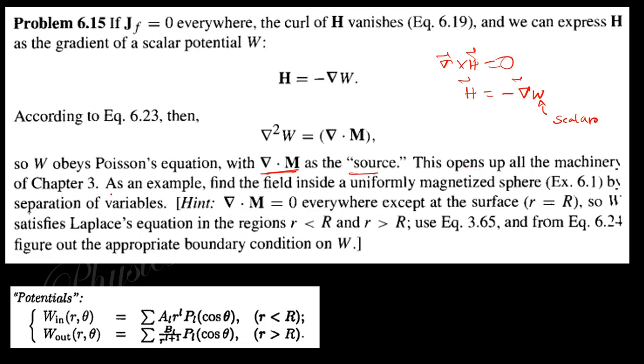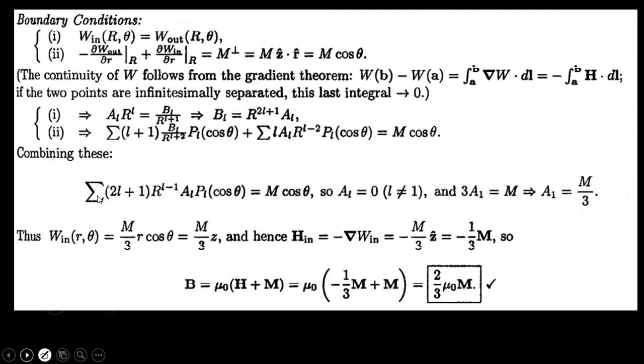This is in Griffiths chapter 3. Hence if this is taken as 0, you can see this is the Laplace equation. If this equals 0, then it will be the Laplace equation, and this is the general solution of the Laplace equation. Using the boundary condition, that the potential inside and outside will be the same, and their derivative will be the perpendicular component of magnetization. This is the same analogy as in the electrical part. So comparing these two boundary conditions and using these two solutions, you finally obtain the constant values, and computing these values you can finally get the magnetic field.